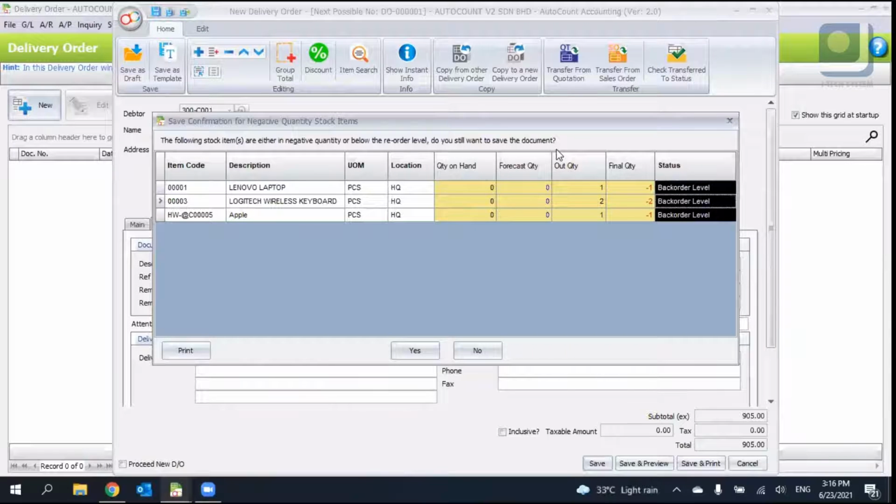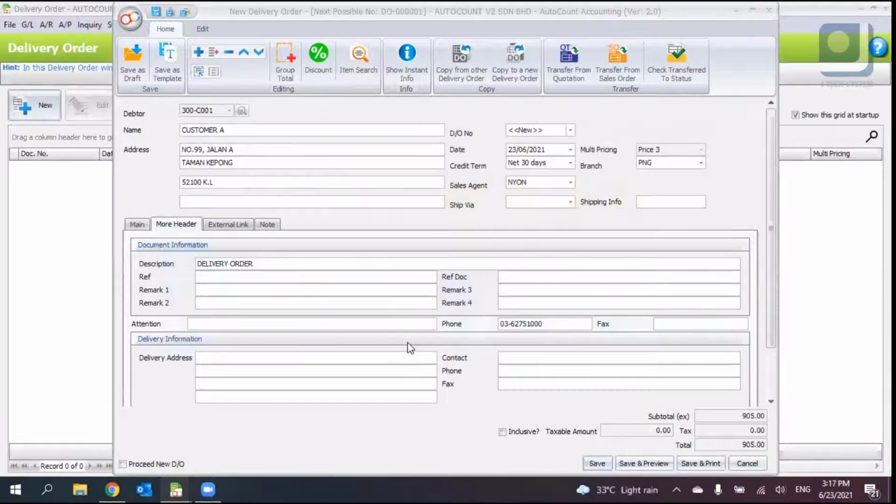It depends on the user ID you're using. For admin, you have the right to continue, but for a normal user, you may control it, which means that if the item no longer has any stock, we are not able to save. So the yes button will disappear. You can only press no or just press cancel here. So if I just save it,